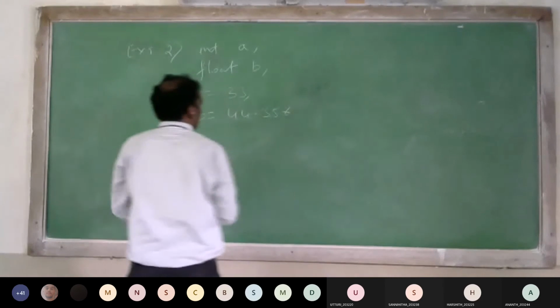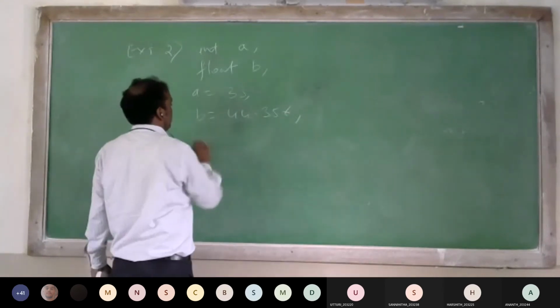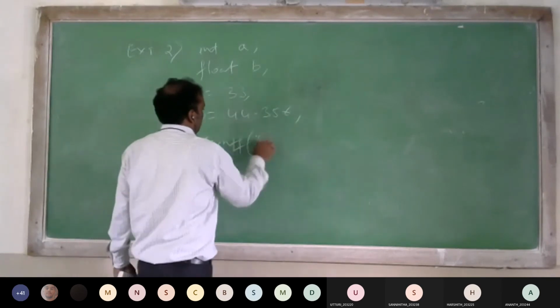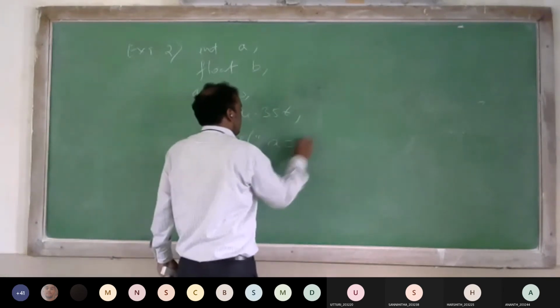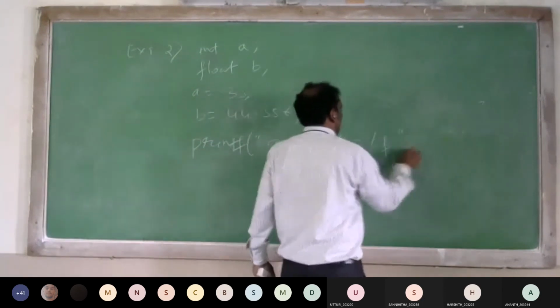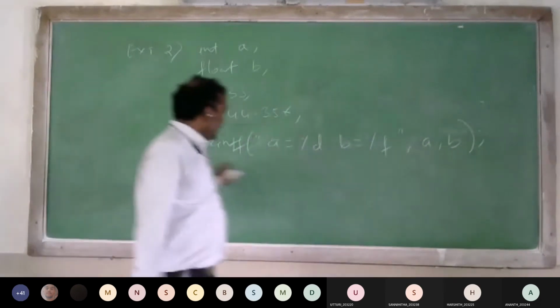Now I want to print in a single line. printf("a is equal to %d, b is equal to %f", a, b). You can use a single line statement.